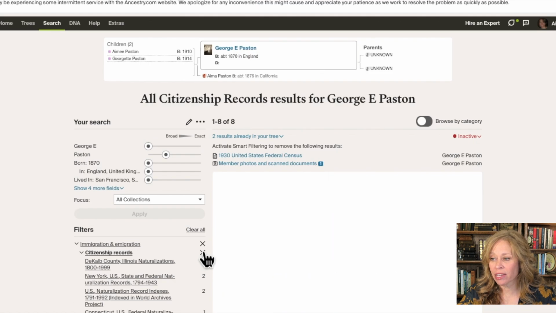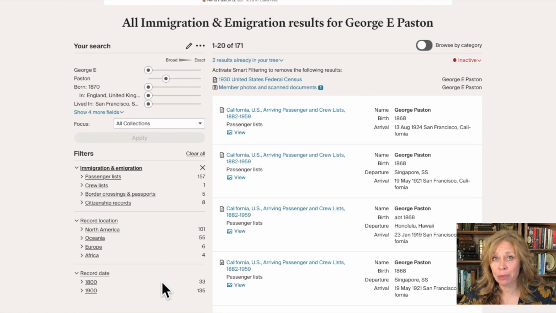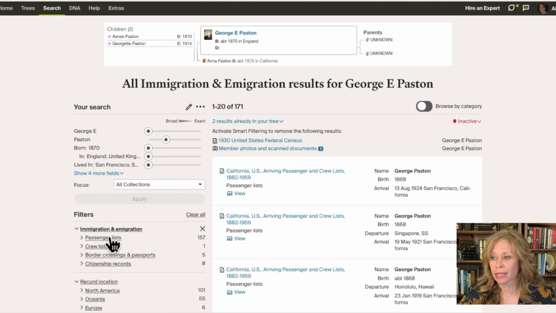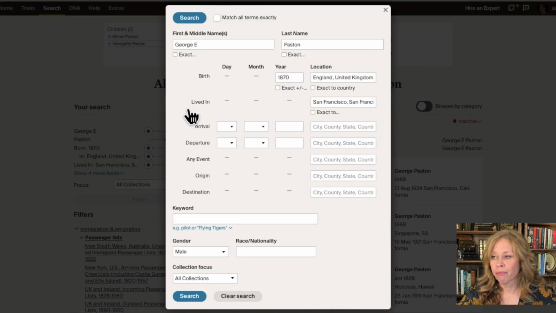Now, I want to go to the passenger lists, because there's another little feature that a lot of people aren't aware of that really helps me as a professional researcher find passenger lists. If I go here to passenger lists and I'm in that filter, when I go up here to my little pencil, all of a sudden I have a new area of things that I can input. So if I know by a census record, because census records sometimes asked when they came into the country, or if I had his naturalization paperwork and I knew when he came into the United States and what port he first came into,